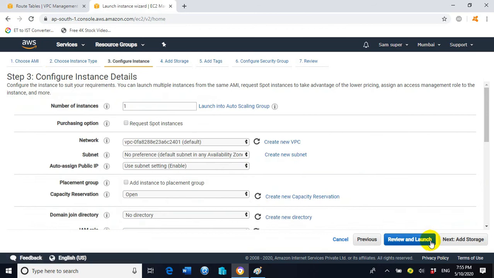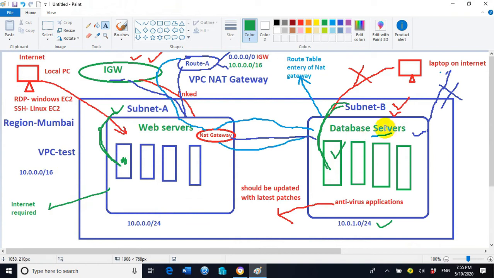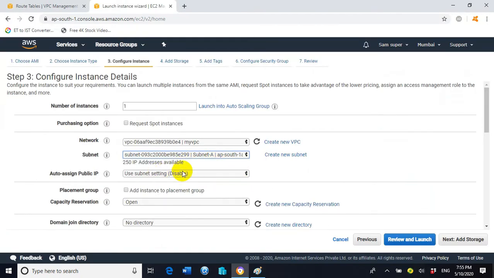Now click on next. Under the network, click on my VPC, because we have created our VPC with the name my VPC. For the subnet, choose the AP-South 1A availability zone. Go with the same. Here is auto assign public IP. We have no need to change anything here, because we don't want anybody to access our EC2 instance from the outside, right? If you disable this auto assign public IP, then this EC2 instance will not be assigned a public IP.